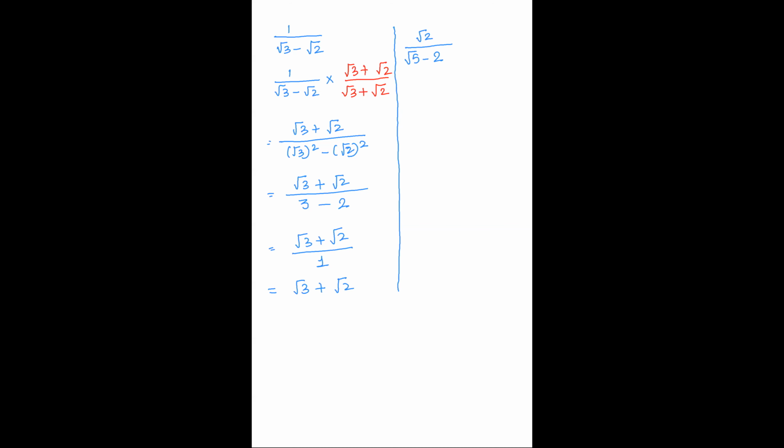Are you people trying this? See, you have got two terms in the denominator. You simply have to take the conjugate of it. Oh, awesome. Many of the students have given the answer also. Very quick. That's great. So root 2 upon root 5 minus 2, we're going to multiply by the conjugate of it. The conjugate of root 5 minus 2 is root 5 plus 2.